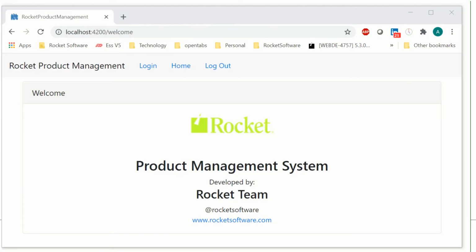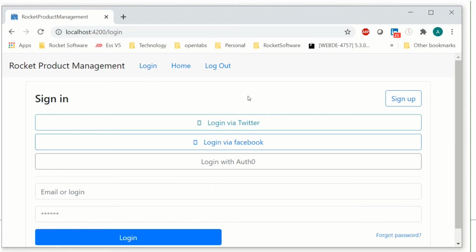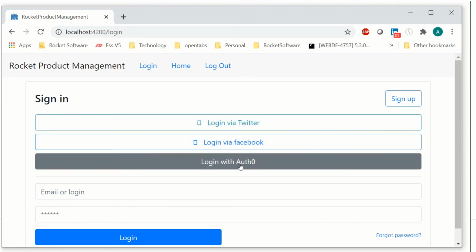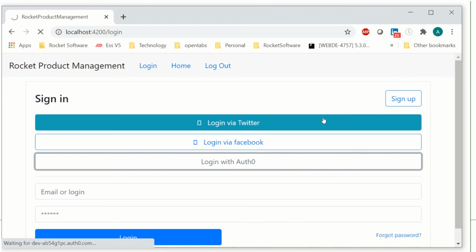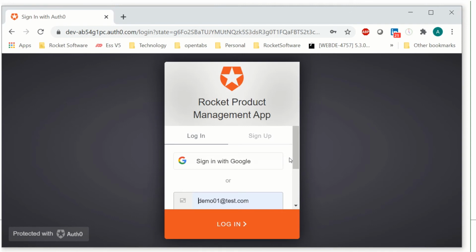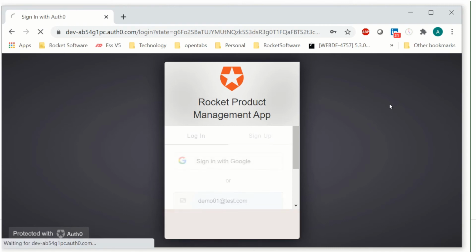So coming to the meat of the application, here is the application which we wanted to demo to you. It's kind of a product management system which will display the list of products. You can configure, delete, and everything. The important part first is that I will log into the application. You can have various Twitter, social handle settings, but I've just put it over here as login with Auth0. In this way, it is going to the Auth0 server. This is their universal login screen. I use my Google authentication over here. So I log in,